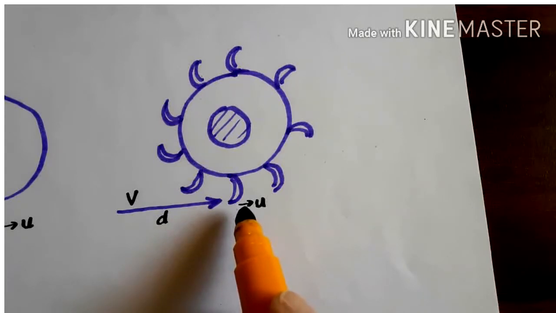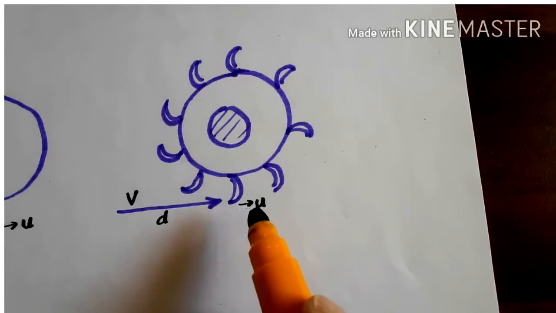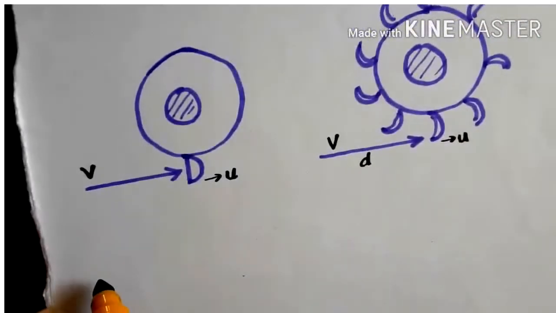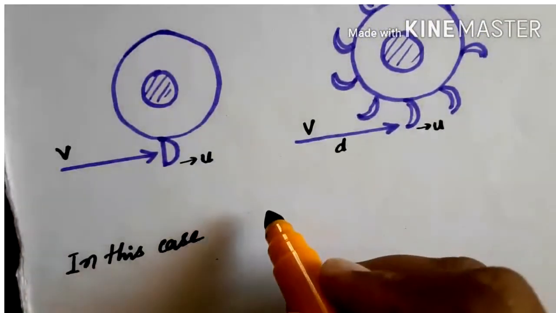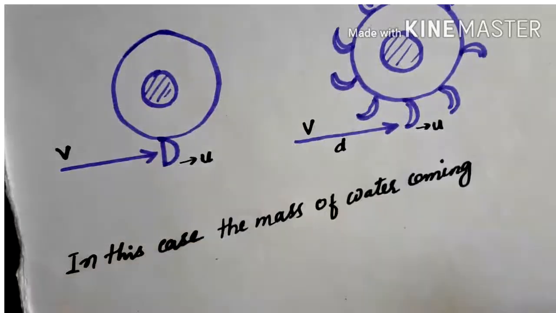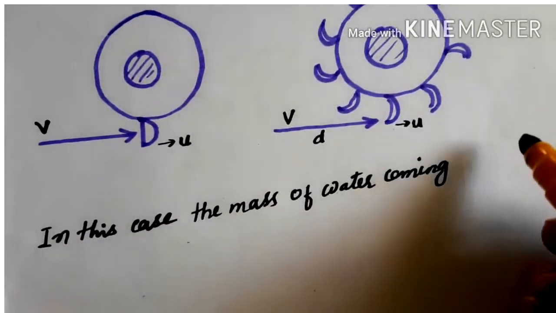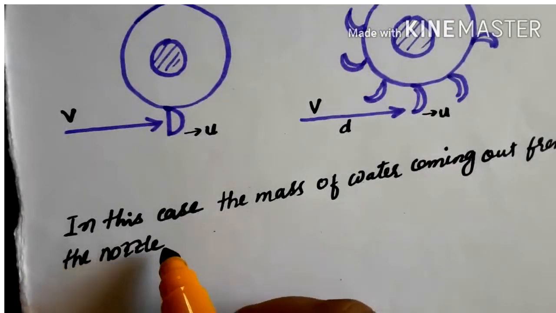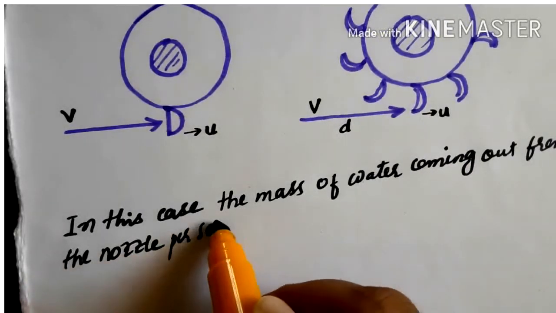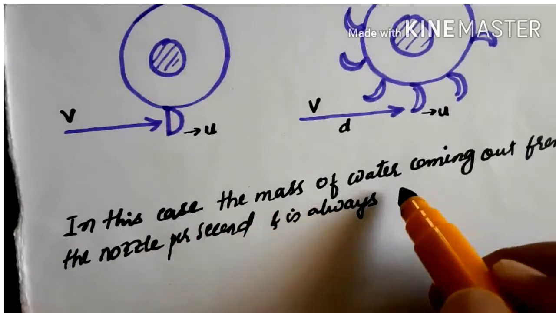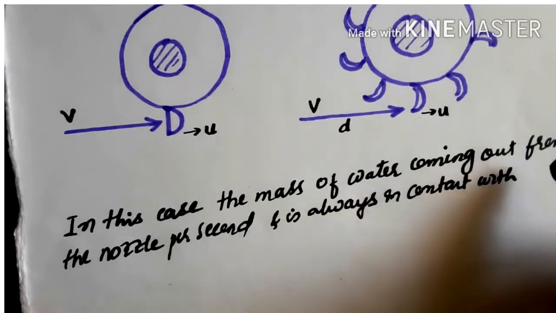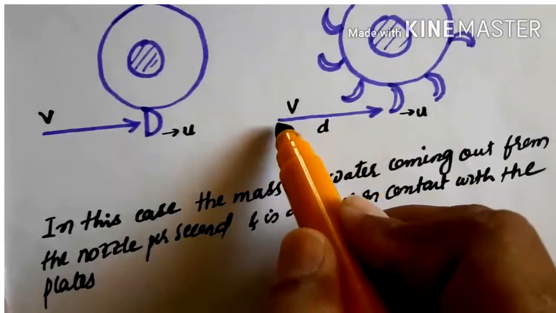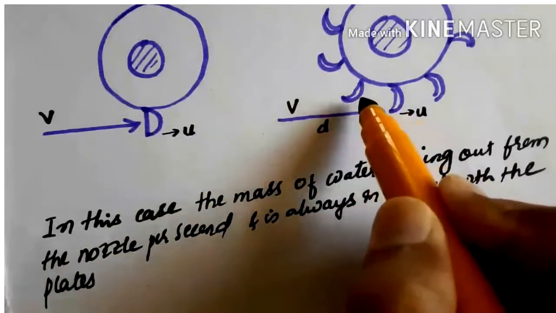So the mass of water striking per second equals, in this case, the mass of water coming out from the nozzle per second, and is always in contact with the plates. That is, whatever mass of water is coming out of the nozzle is always in contact with the plates, because